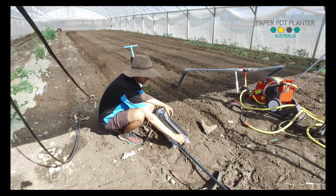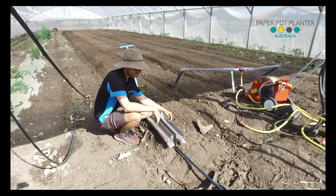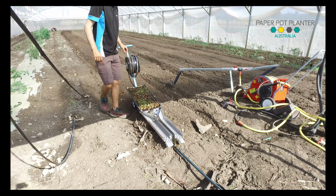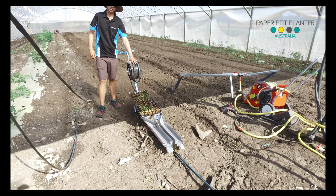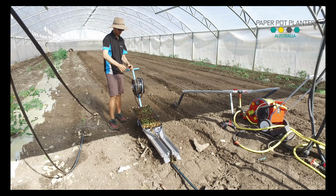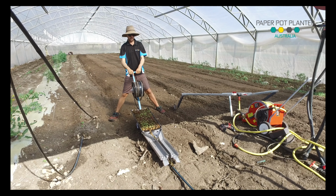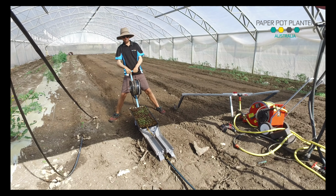So I'll string out my first paper pots, and as usual I just leave it there, and when it gets enough soil around it, it'll pinch in and close up and it'll just start feeding. With this here, if you overspool it like we just did, it can have a tendency, if you're irregular speed, if you go faster and slower, to unspool a bit like an overhead fishing rod. If you don't know what that is, you'll soon see. So we'll just start pulling,